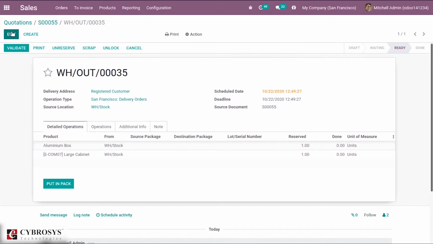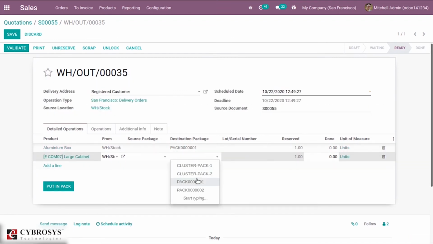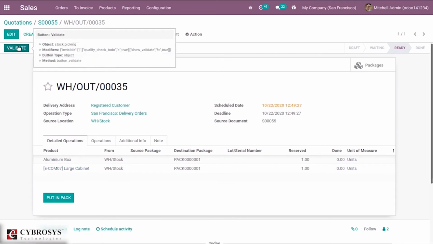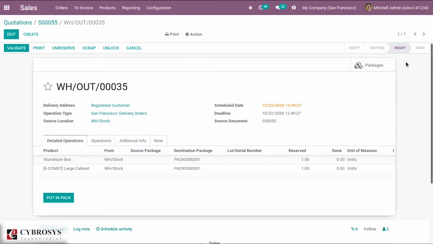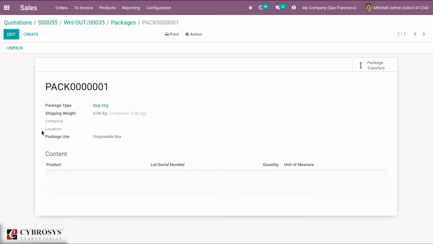So let's edit this quotation and add a destination package for them. Okay, I'm adding pack 1 that we have just created and save it. So you can see a packages option here. So this is our package. You can see the package here,